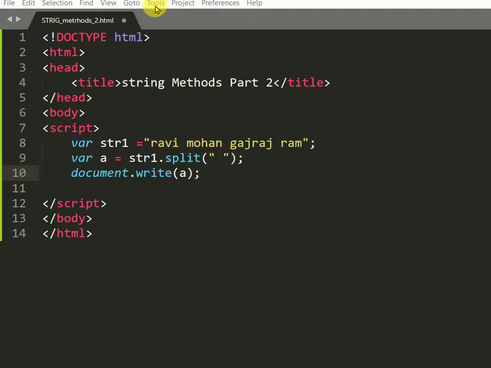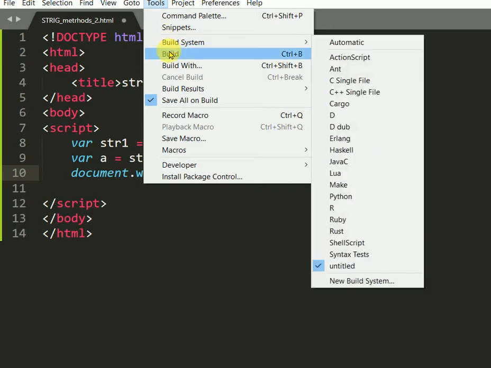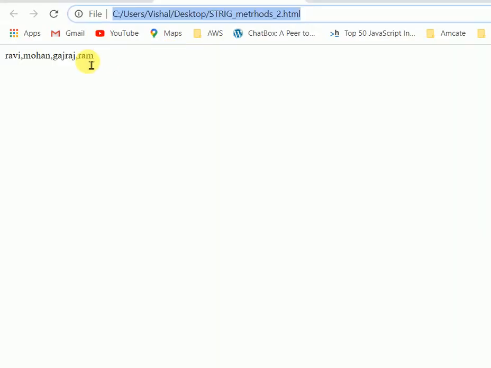So you will see that. Here we got Ravi, Mohan, Gajraj and Ram. Ravi is a string, Mohan is a different string, Gajraj is different and Ram is different. In string 1 we had a full string, but now the four strings are separate.